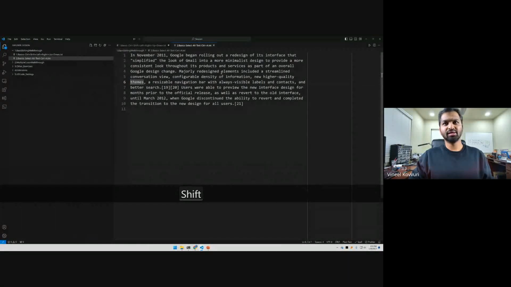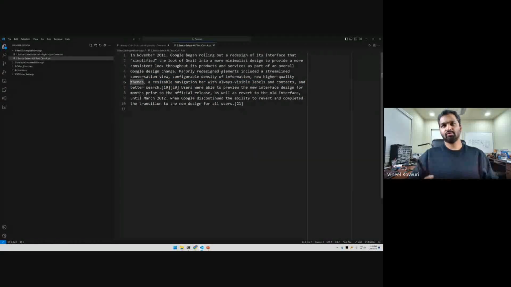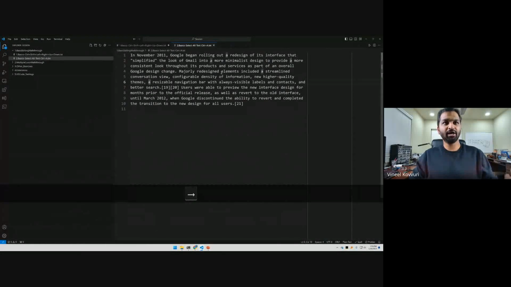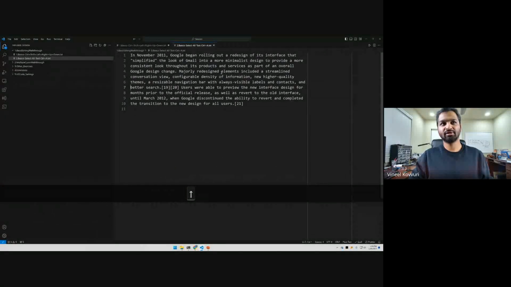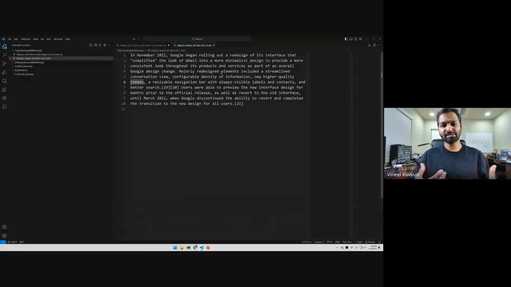One other thing is, specific to VS Code. Up until now we just saw shortcuts which are also available in other editors, but from now on, whatever I am talking about is specific to VS Code. In order to delete a line, you do not have to select the line. Let's forget about delete. If you want to copy a line, generally what you do is you select the line, you hit Control C, and you come to the end and you paste it by pressing Control V, right? You don't have to do the selection. Luckily, VS Code optimizes